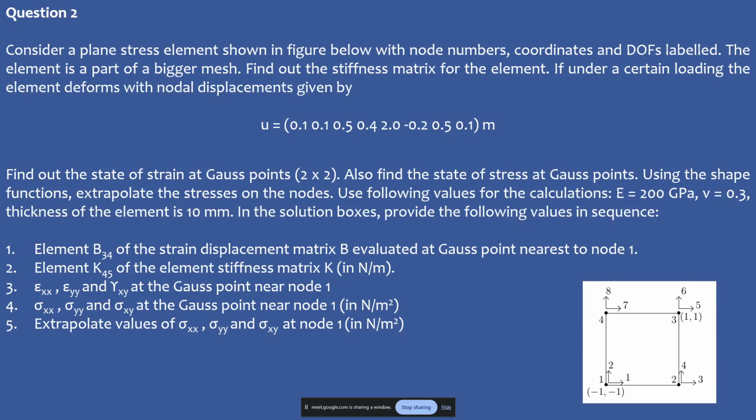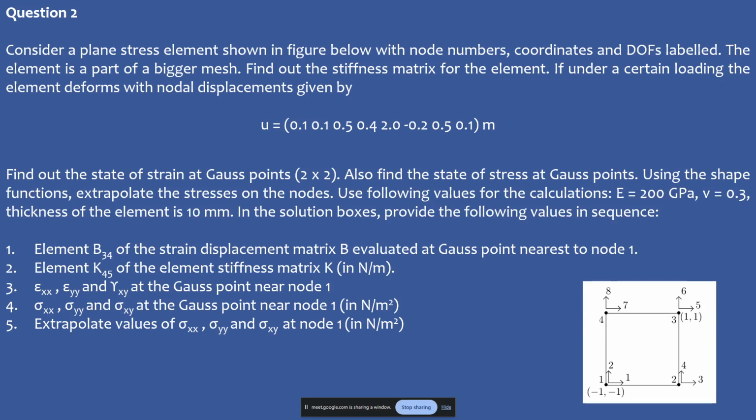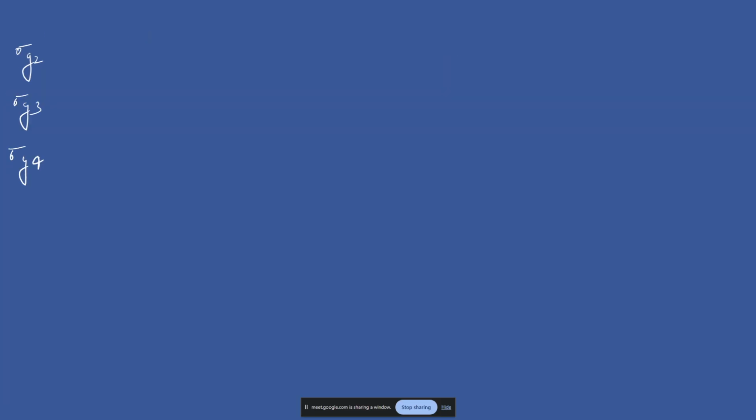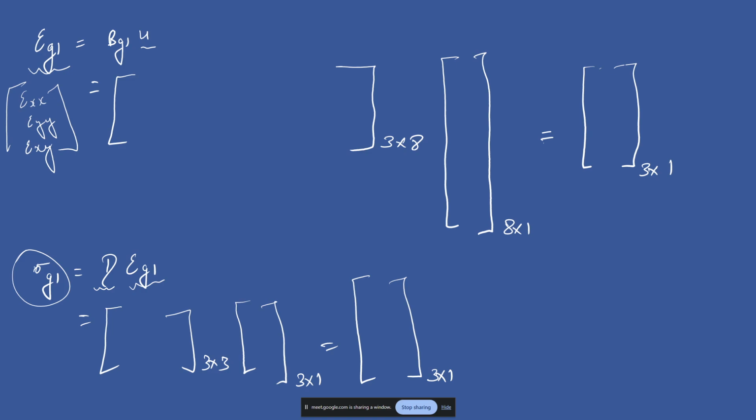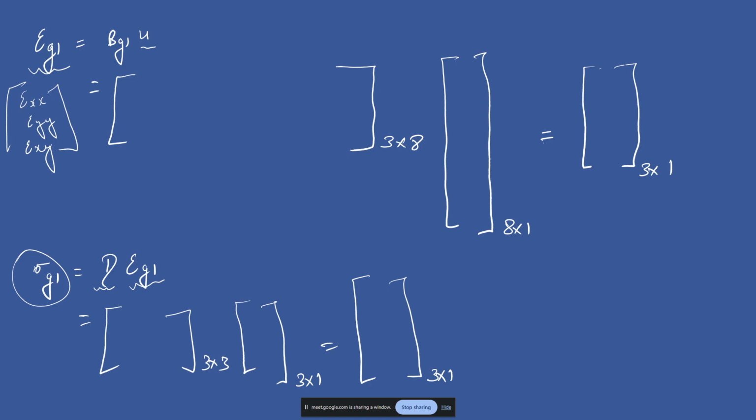So that is a part of the four parts. Then you need to extrapolate values of sigma xx, sigma yy, and sigma xy at node 1. So yeah, you need to then form the interpolation function for the whole element. So how are you going to do that? Once you get sigma g1, sigma g2, sigma g3, sigma g4, once you get the stress tensor for all the four Gauss points, then you will utilize the shape function,